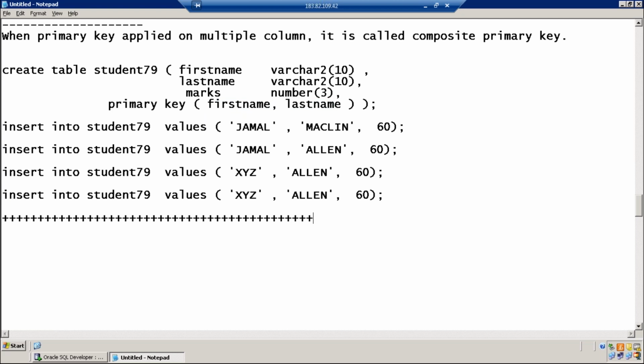Ideally, it is better to make a composite primary key on all the columns of a table, so that the whole combination is not repeated. If you want the whole combination not to be repeated, then you can combine all the columns and make it a composite primary key. You should use this concept as and when needed.